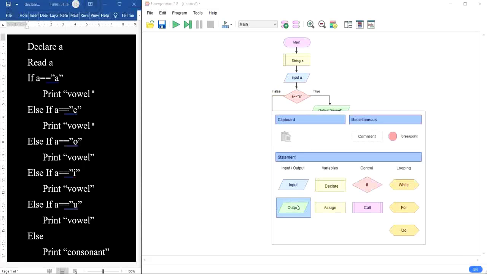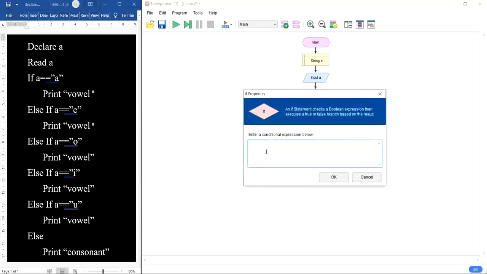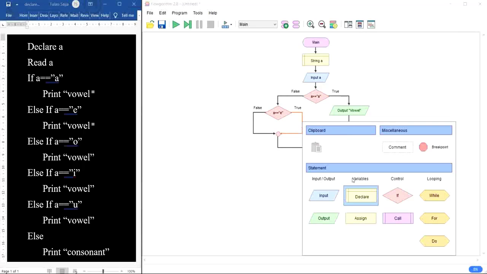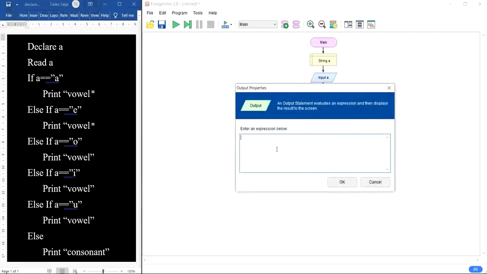Otherwise, we need to take one more condition, whether it falls into the next character, that is E. If the entered character matches this condition, then this is also a vowel. So print the output as vowel.